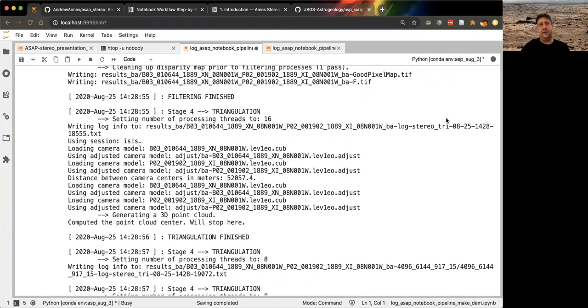I've been working on Ames Stereo for maybe 2 years at this point, but because of how Ames Stereo was distributed versus how ISIS was distributed versus dependencies, it was kind of a mess to run in the past. So to answer Yuki's question, you probably do though, because ASAP doesn't work with